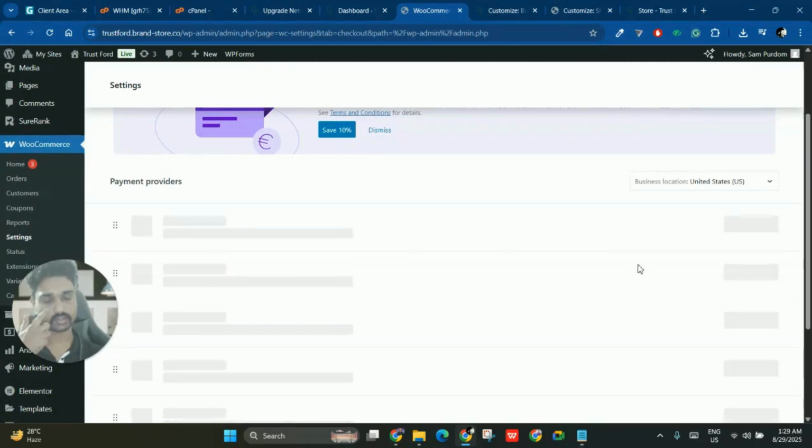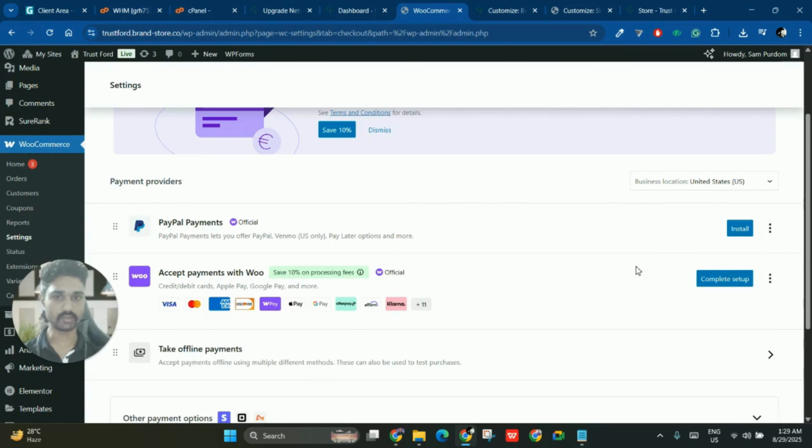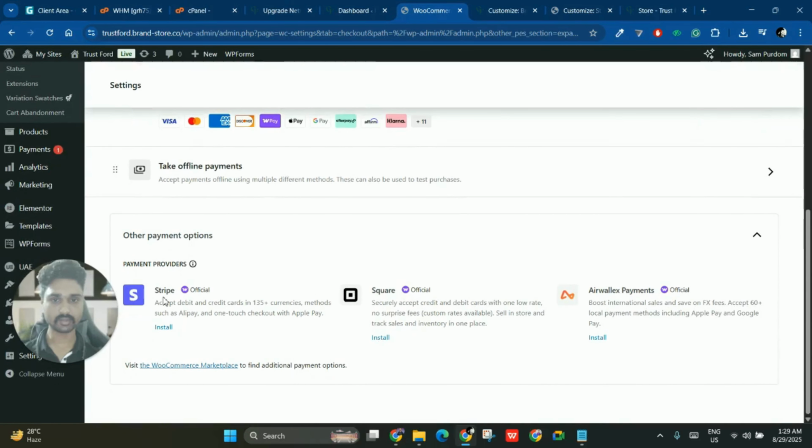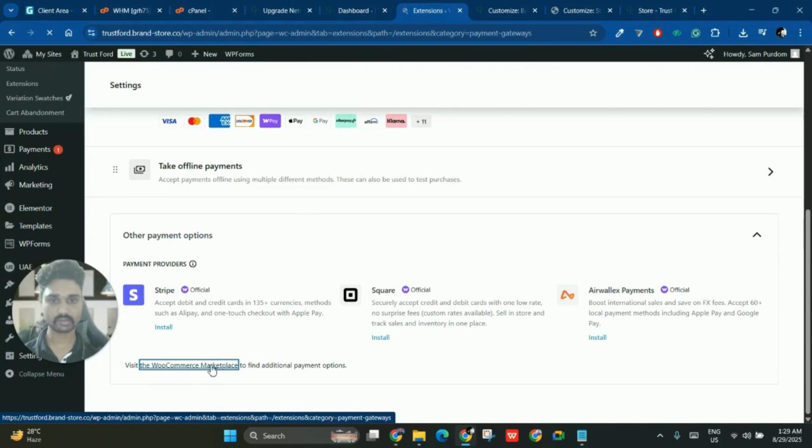You can do it whenever, however you want. This is the same for PayPal. And there are other payment options. Like if I click, this is the Stripe. Stripe is something you would maybe need. If I click the WooCommerce marketplace to find the payment option,